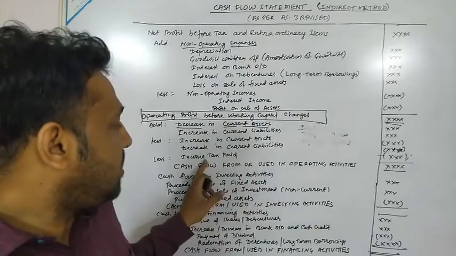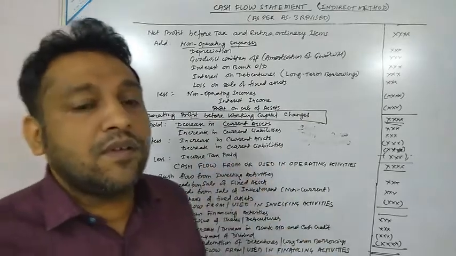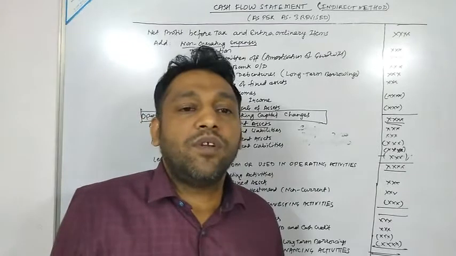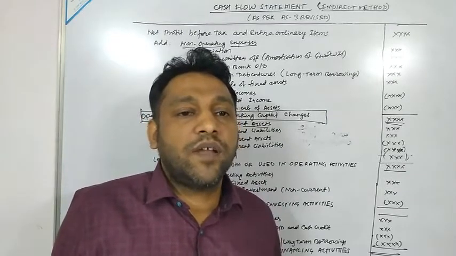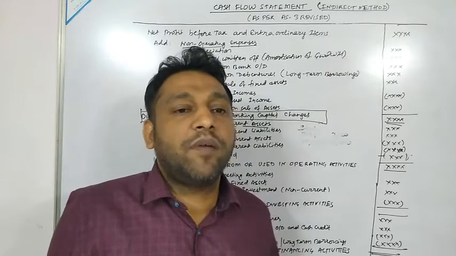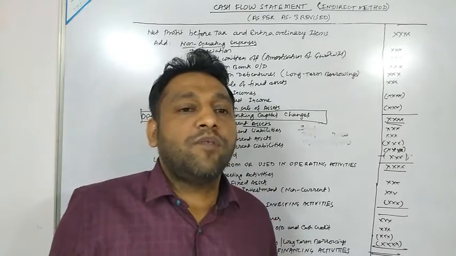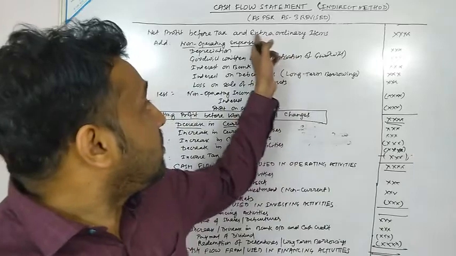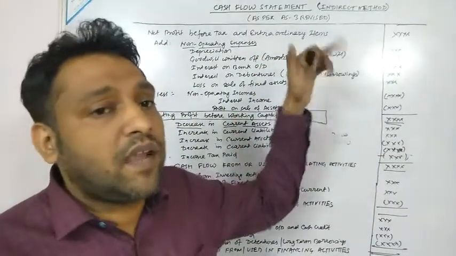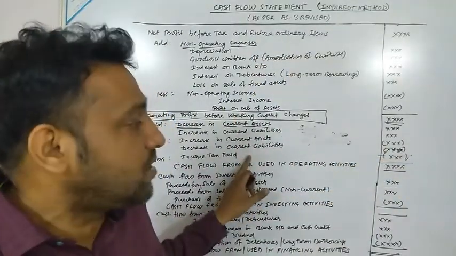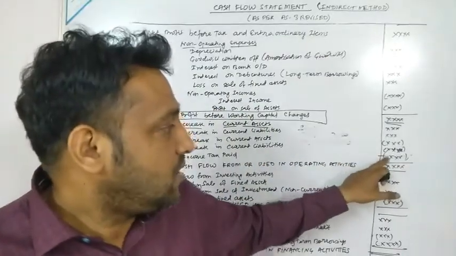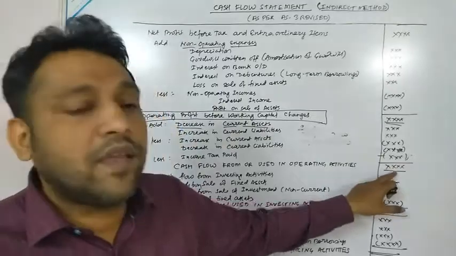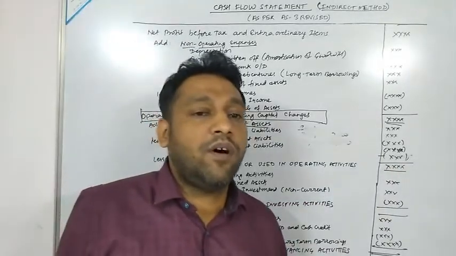Okay, last but not the least, income tax paid. Sometimes what happens, only provision for taxation for current year is given. So provision for taxation, as we have read, would be added back to the net profit before tax and extraordinary items, and that same amount would be reduced as income tax paid if it is not given separately. Whatever the answer would be, we can get it either in positive or in negative.